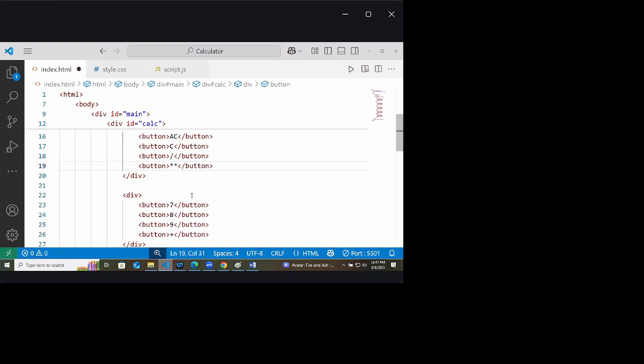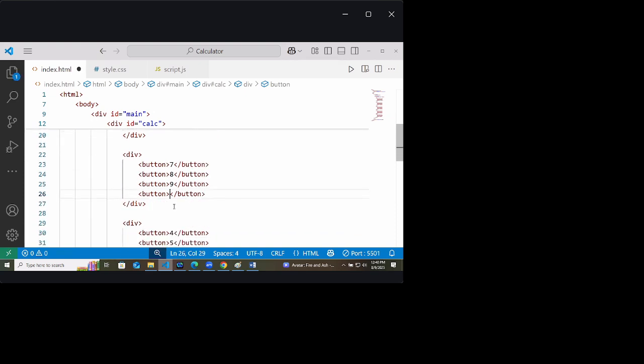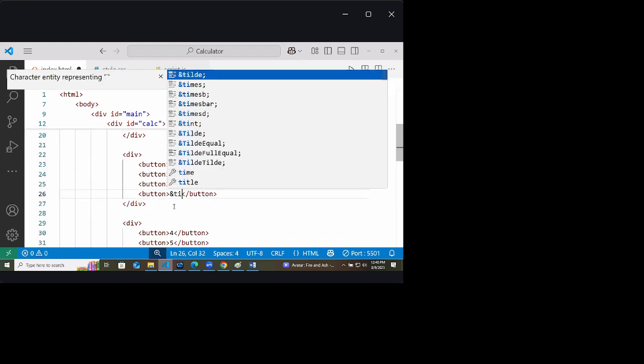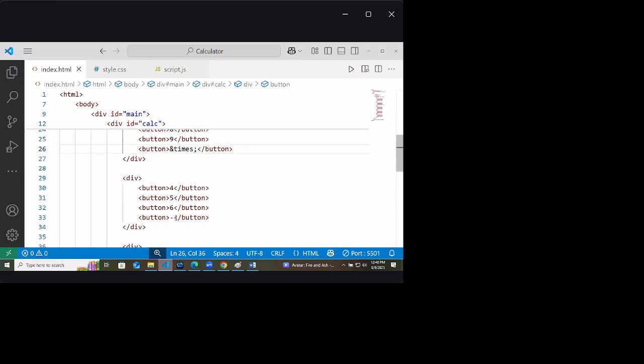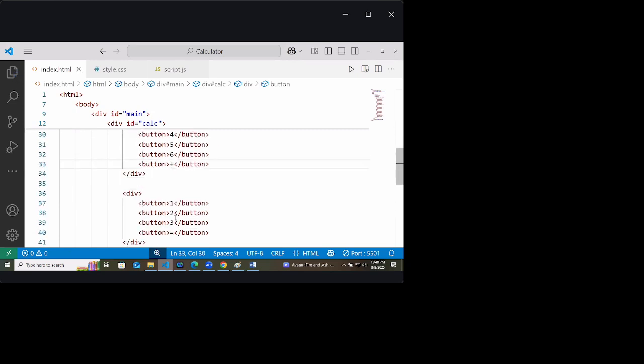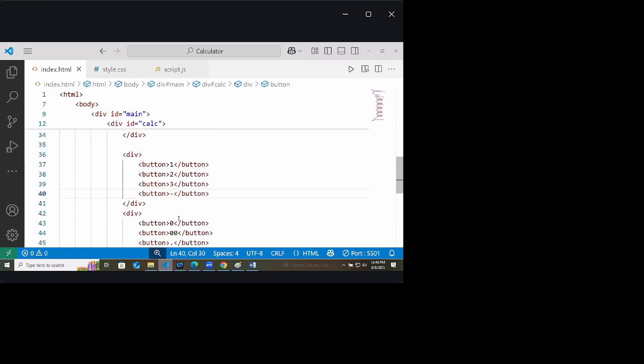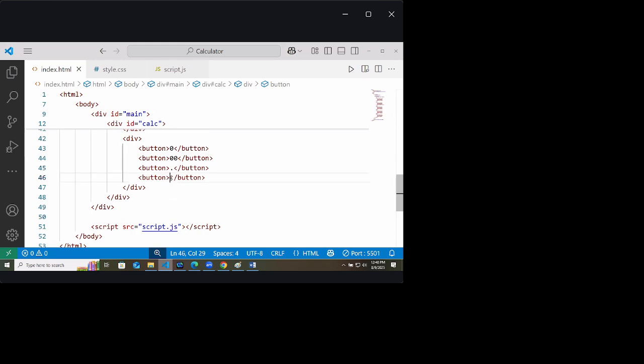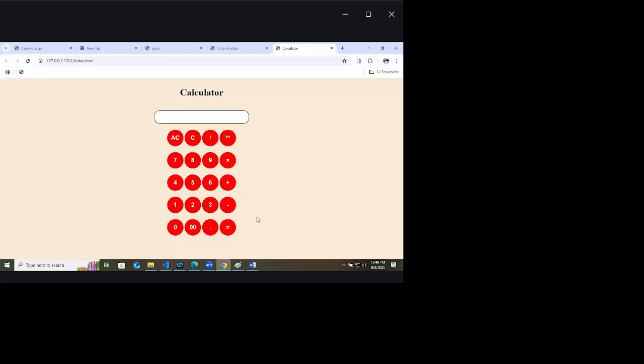No problem. Here instead of plus, multiply button times. Here instead of minus, plus, and instead of equals to, minus, and here. So that is the thing that we have created. AC, double asterisk, 789. This is like that we have created.